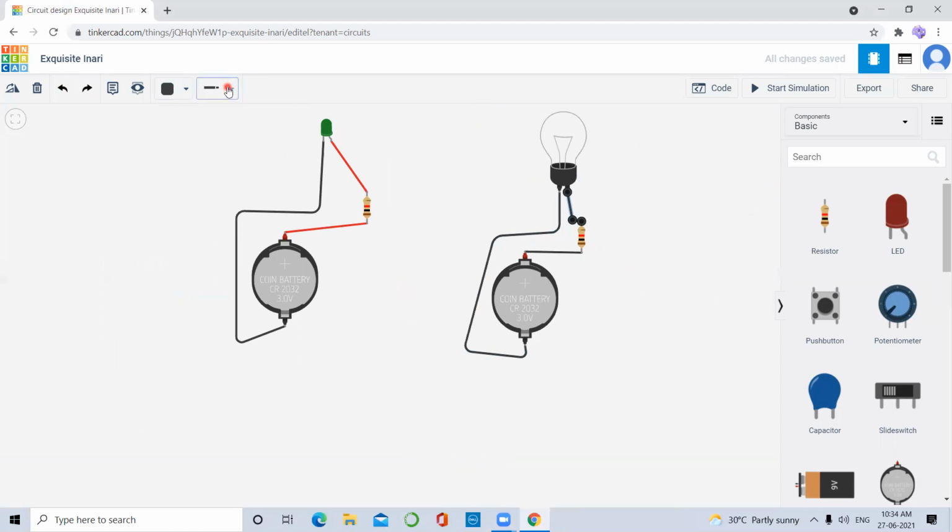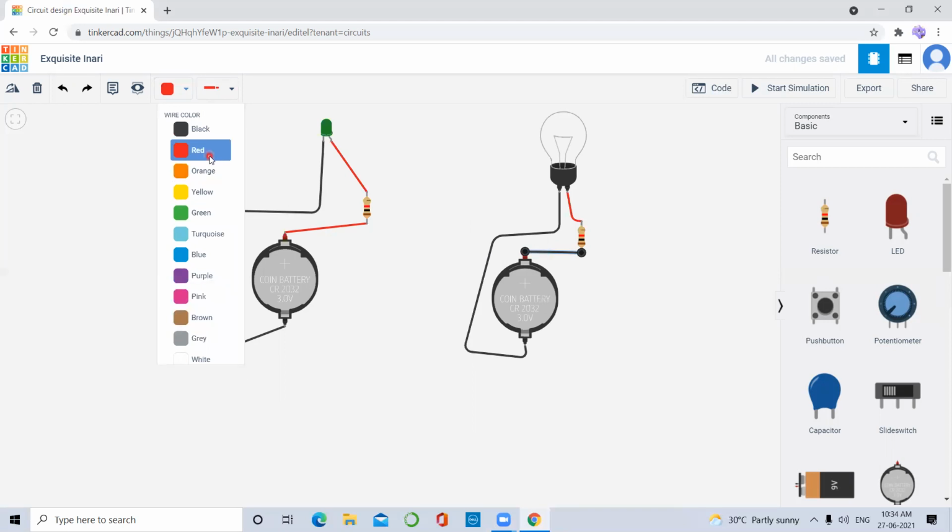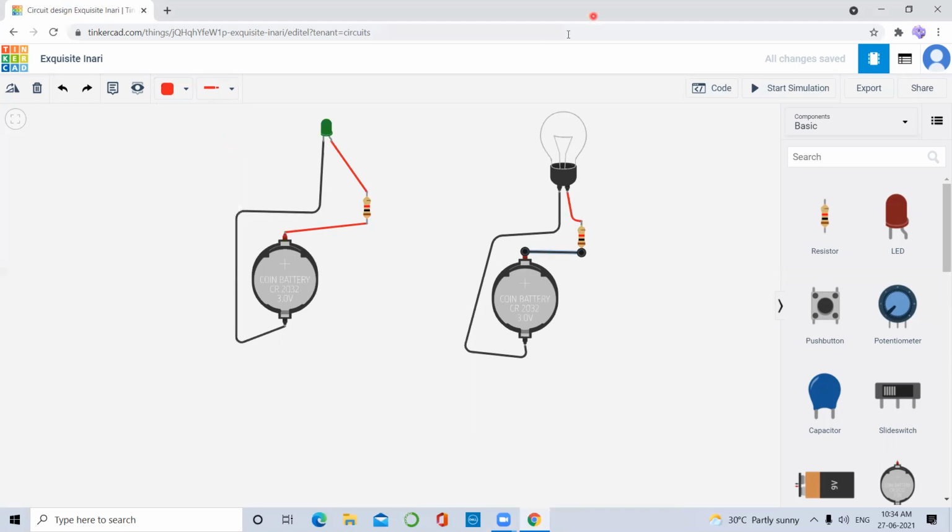I'm just making this red in color and this part black. This also makes our presentation attractive, and it is understandable for the viewer that yes, this is positive, this is negative.